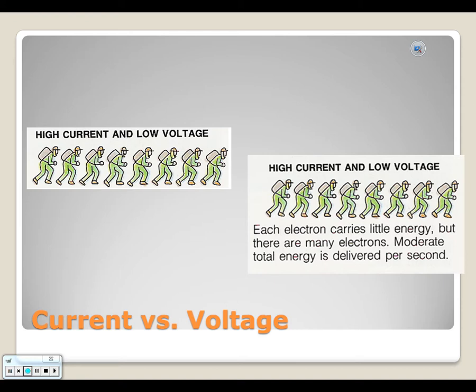Okay, so voltage, we said, is an energy. So the fact that this is low voltage means each electron carries a low amount of energy. We're on the second picture now. But there is a large amount of electrons flowing. That's the current part. And so, if you put low energy with a lot of electrons, you get a medium amount of energy. On the other side of that teeter-totter,